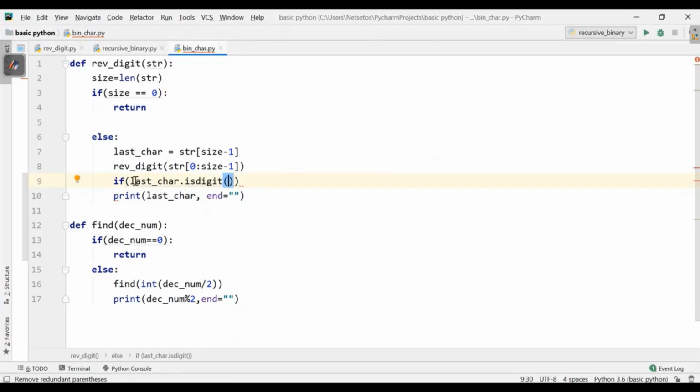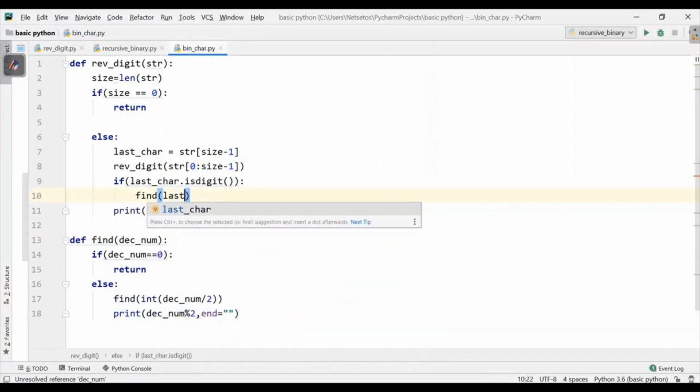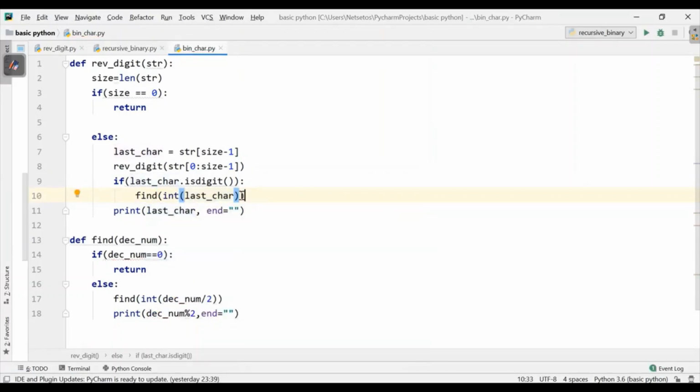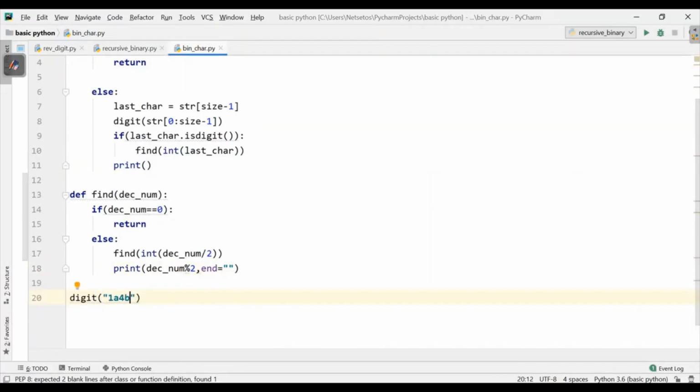If it contains a digit, it will find the binary equivalent, so I'll call find on last char, and it should be an integer, so I'll typecast it as it is printing in this. Then I'll give an empty print statement. Now I need to call this. I'll take the digit as it is, and here I'll give a string for calling the function: 1a, 4b, 5d and 9.